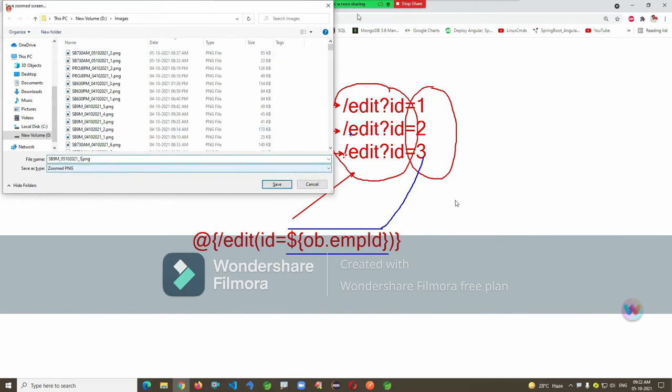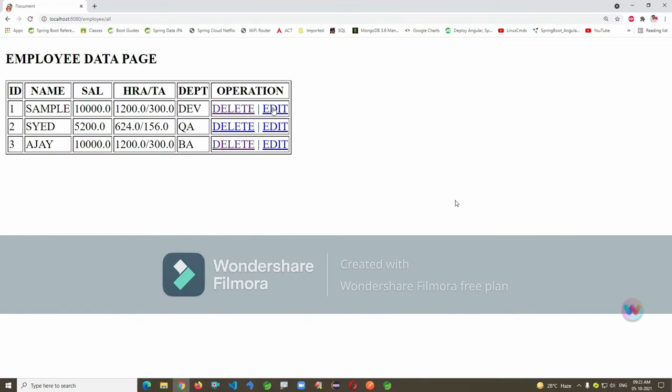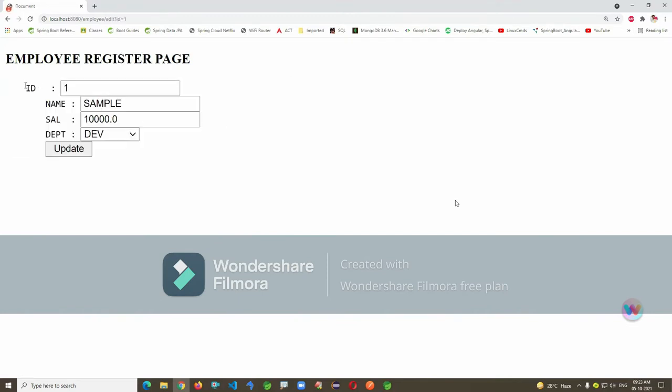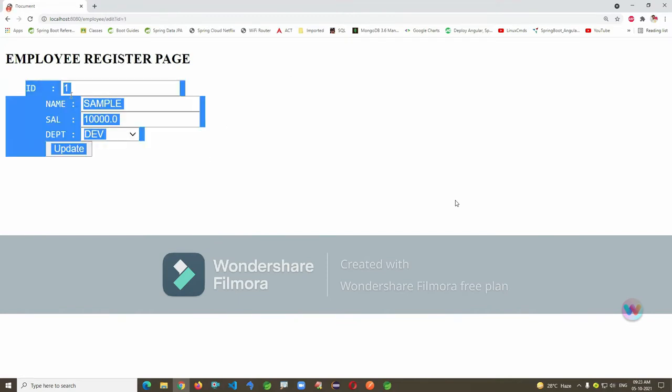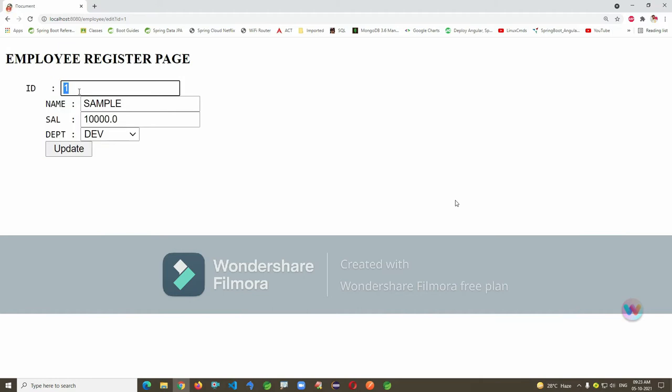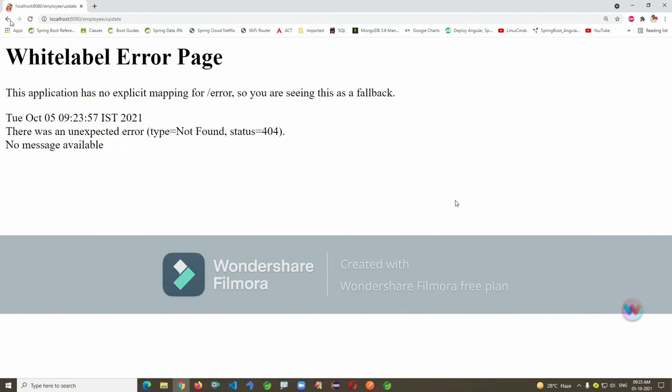Now, just click on this link, see, the data is loaded into the form. ID you cannot modify. I'm just typing on the keyboard, but nothing changes here. It's read only. Yeah, it's changing. It's not read only. So here, ID you cannot modify, I'm just updating QA. Of course, I did not write the code yet.